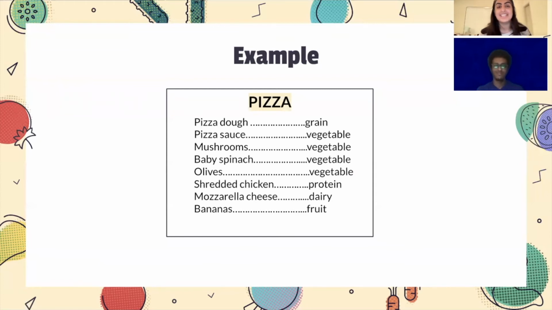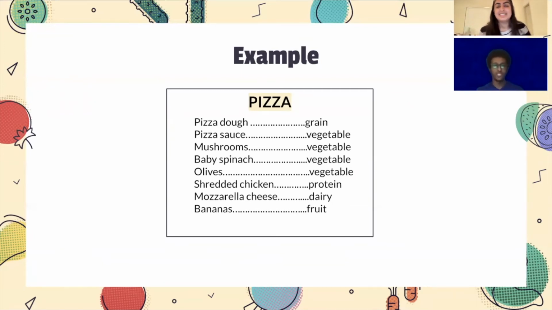I love mozzarella cheese. And then on the side, just because I want to add some fruit, I'm not someone who really likes pineapples on my pizza. If you do, that's great, but I will eat a banana on the side. So in a way, I'm getting all the 5 food groups in here to make sure that this is a balanced meal. How did I do, Abel?